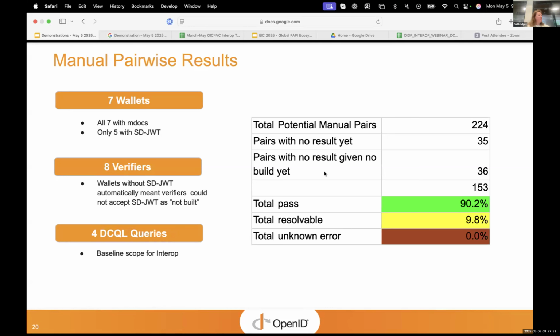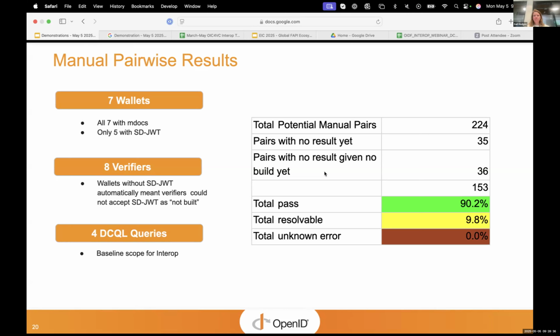So this was self-declared through the manual reporting that the teams have done, many of whom are on the call at the moment. What we'll be demonstrating in the videos is many of these that passed. I'm not sure if I have any that were in the unresolvable category. I don't think so, because in most cases that was perceived to be an opportunity to go back and close a gap. For example, one of the things I heard reported from the teams was building out to the latest version of the DC API, as opposed to the prior version that everybody else was using. So one particular implementer had a gap there. That was an example, but we can certainly quiz the teams, and they'll share their testimonials as part of this discussion.